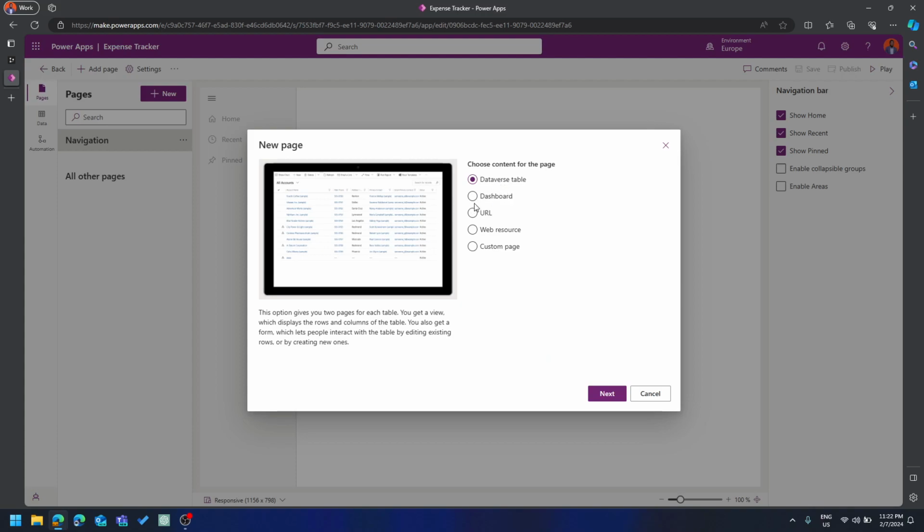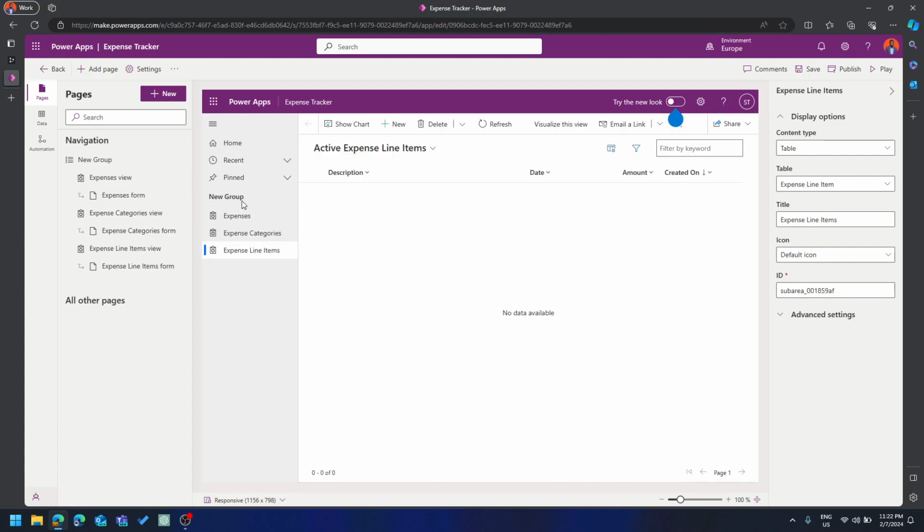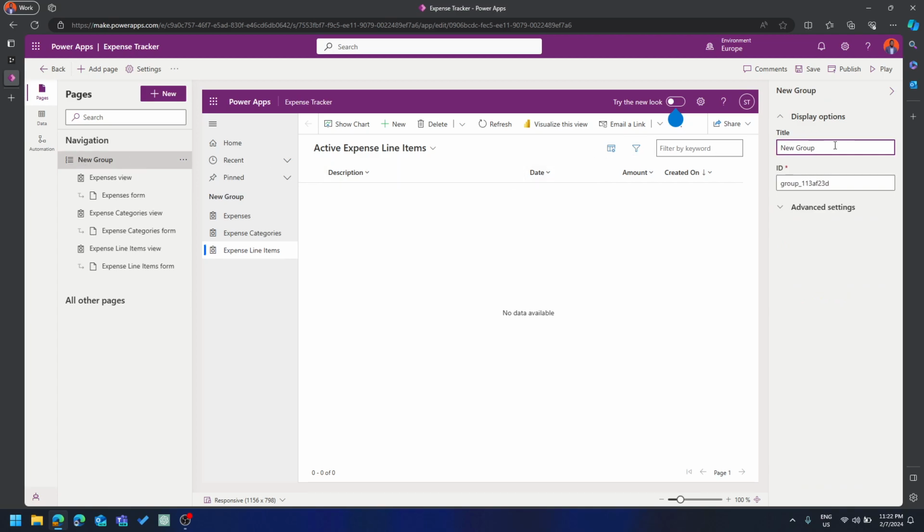So what we need to do is to add a database table. The database tables that we want are, first of all, the expense category, the expense, and the expense line items. The good thing is that all of them had the initial expense, so it's easy for me to just select them all at once. Okay, so I've selected them here, but you see here it's saying new group. I don't like that name, so in order for me to update it, I can just go in here, click on it, and then to the right hand side here I can just say expense tracker. Okay, all right,